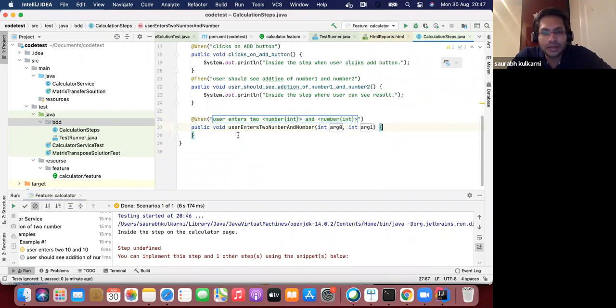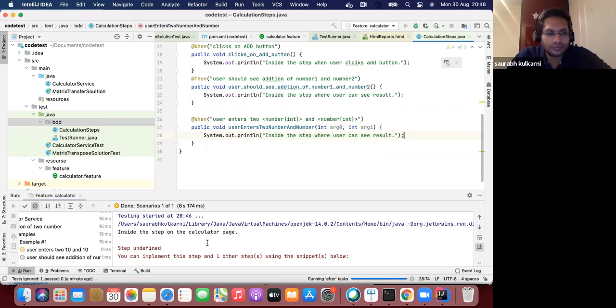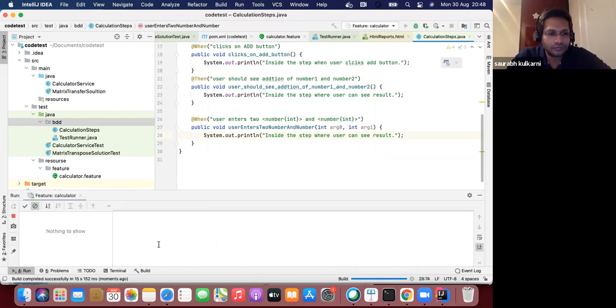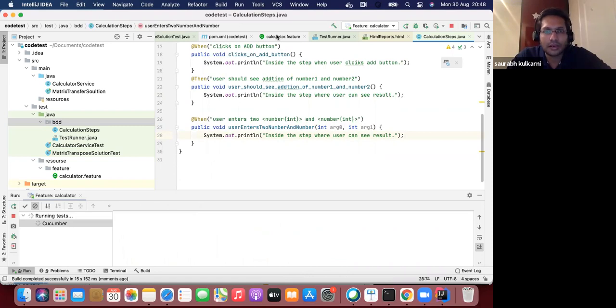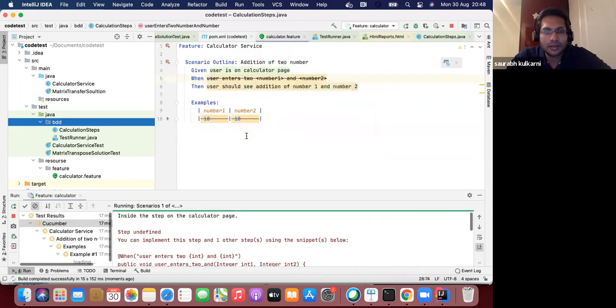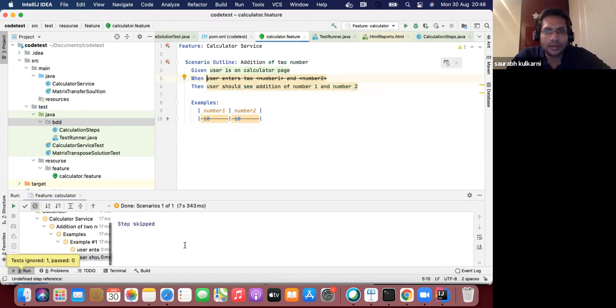So this is one of the steps that I have missed, and I have not added the code here. So I need to add the code. And I'll go to the feature file.